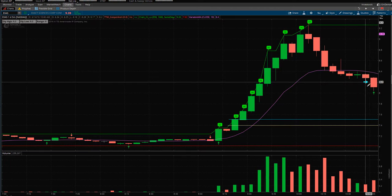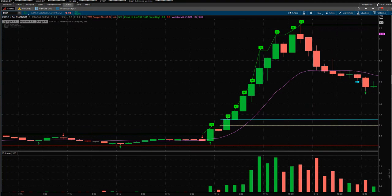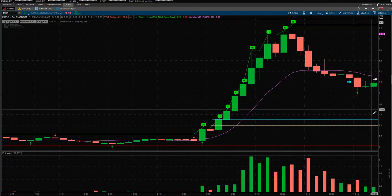So 820, approximately halfway through, kind of like a halfway-through point here where we'd still want to watch it. Okay, we have a green candle, not the strongest green candle, but a little bit of green candle. Second candle here, a little stronger. So I have this arrow here at about 825, 826 or so, kind of representing where one could jump in